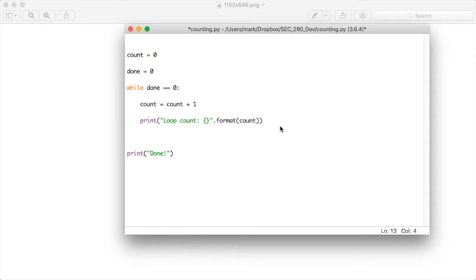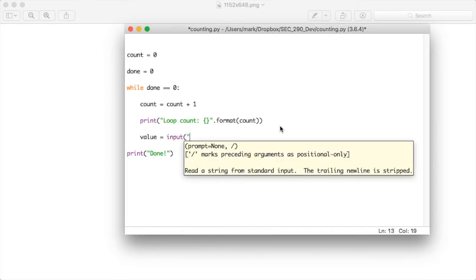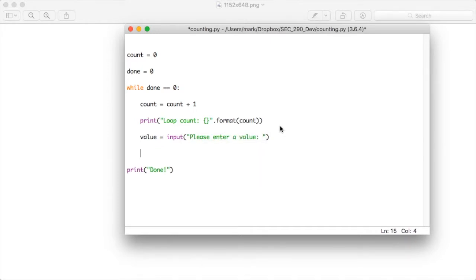Now we have to get out of here somehow. Let's do that with an input statement, and we'll return a value from input. Please enter a value. And we'll just check to see if the first letter in that value is Q. If value, first letter